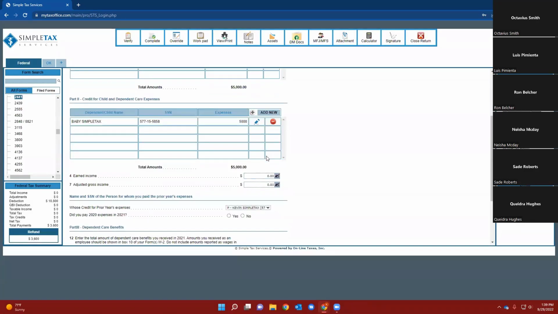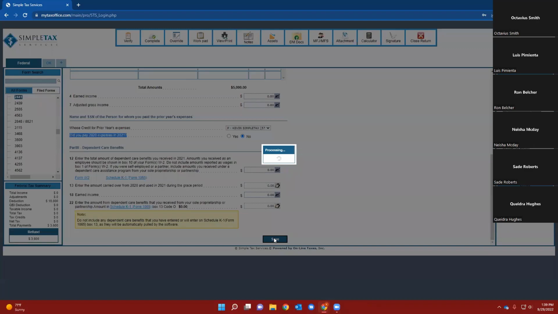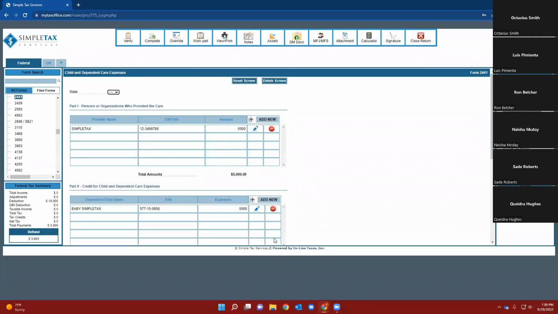Now, as we go down, it's going to ask us one other question, which is, did you pay 2020 expenses in 2021? We're going to say no. We're going to hit save, and we're done with the 2441. Now, if we go back up here to the top,